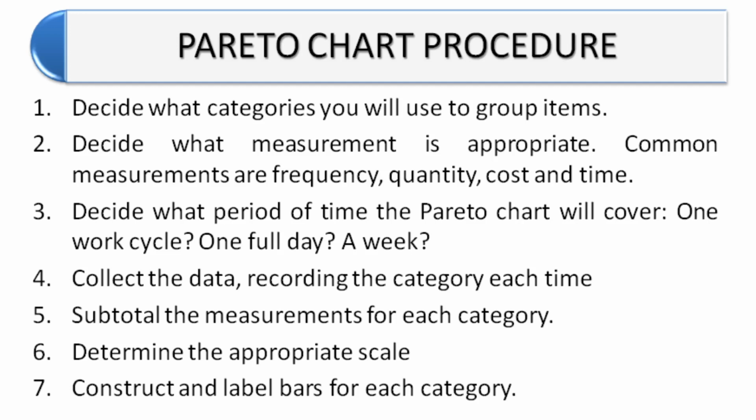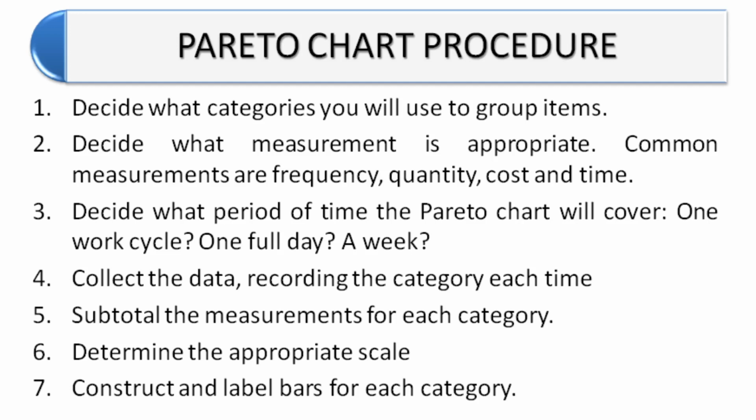Next, determining the appropriate scale, so you can easily plot the Pareto chart. Okay, 1:50, 1:60, depends upon that. Or 1 day represents how many defects. Suppose day 1, 1 defect, so 1 centimeter. Day 2, 1 centimeter. Day 3, like this. So depending upon that, how many centimeters or inches you are going to use for determining the frequency of defects that arise in a particular day or particular interval.